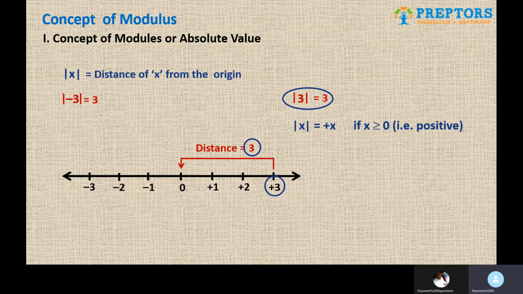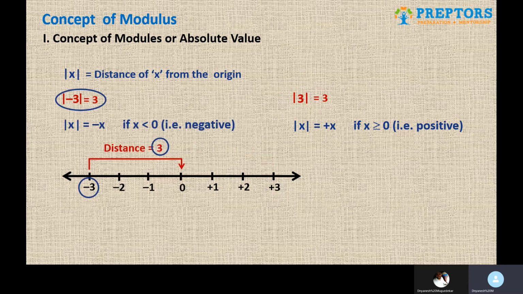So in a generalized way, if we want to combine both the cases, we can say that mod of x is positive x if x is greater than or equal to 0, and mod of x is minus x if x is negative. Don't be confused that, sir, you just said that outside the mod there should always be a plus, so how did this negative come? This is not the answer, but this is the value that the inside x will take. As you can see, the inside x can be either positive or negative, and that is what we are also going to do when we solve more questions on modulus in the EOL sheets.